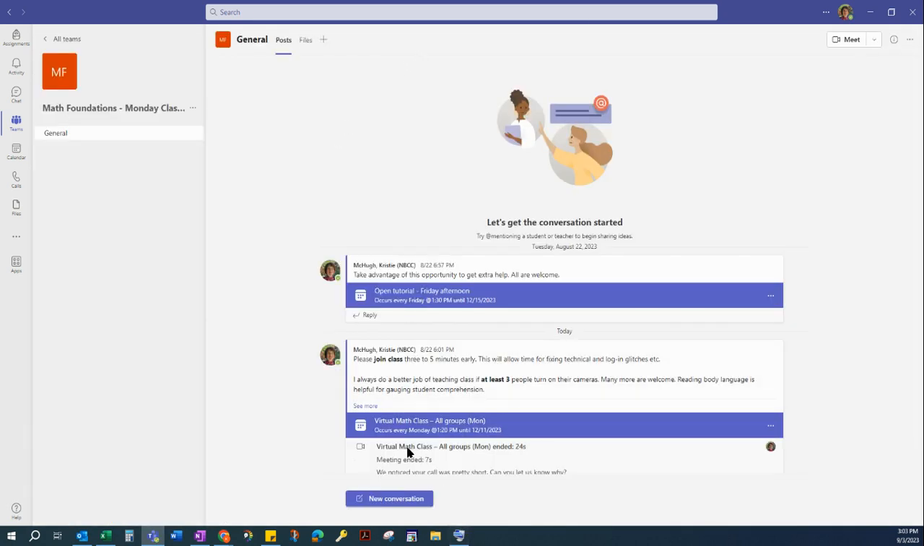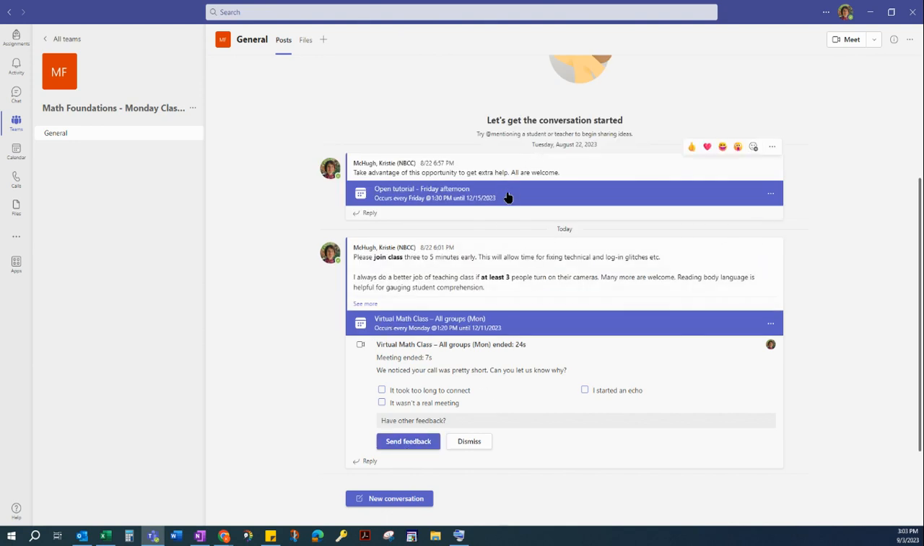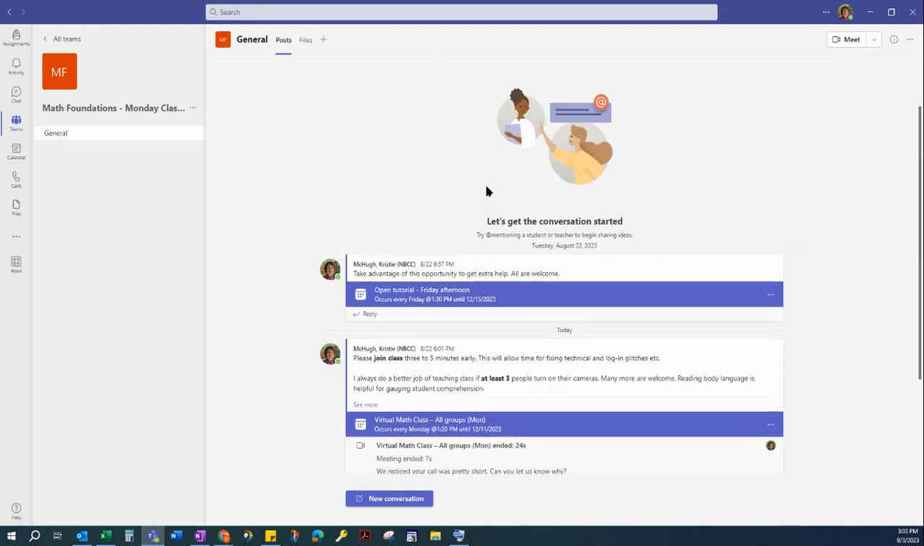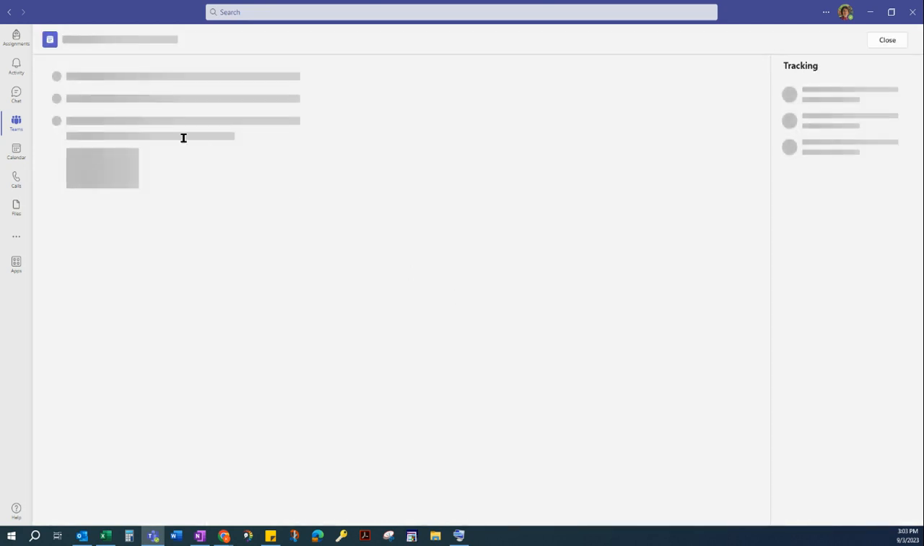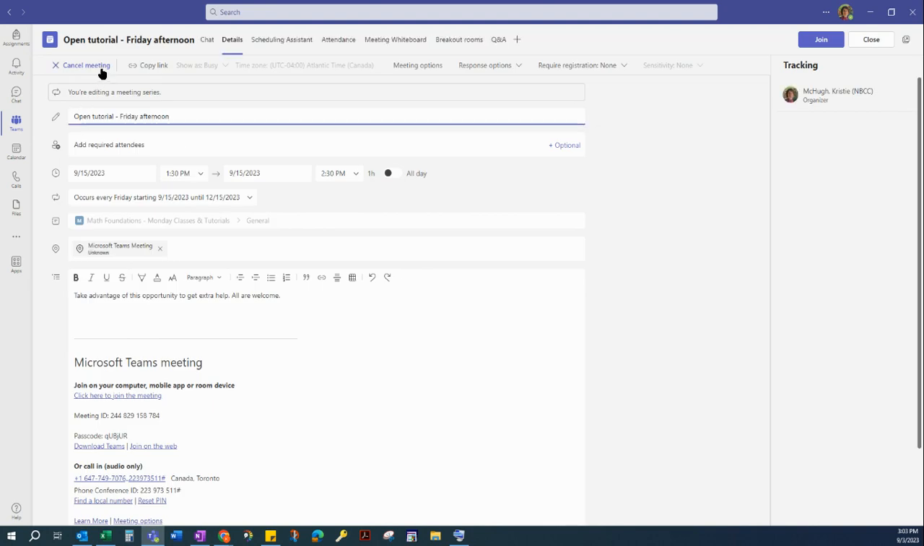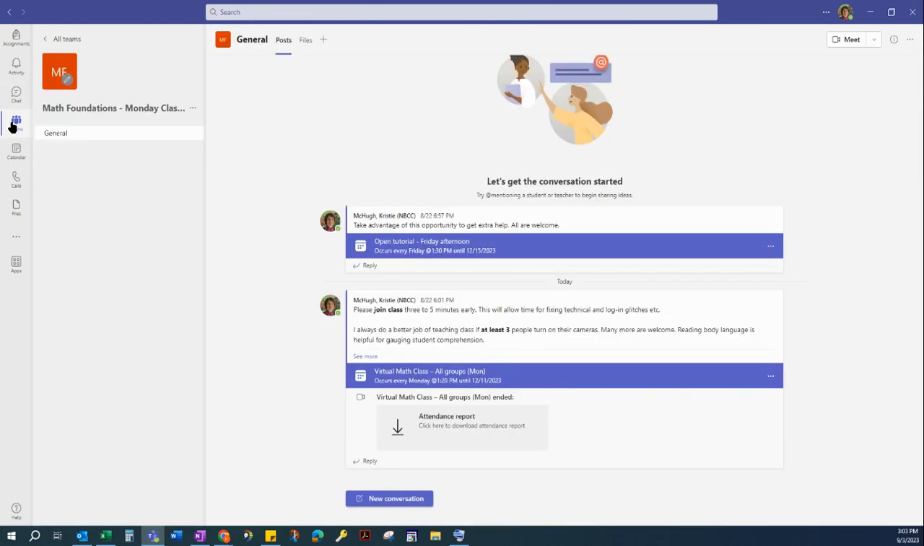Okay, so there's also one here farther down. Well, it's up top now. Open tutorial for Friday afternoons. I would ask you click on that and accept that meeting as well. So it goes into your calendar. And then once you do that, and the computer gets its act together here,